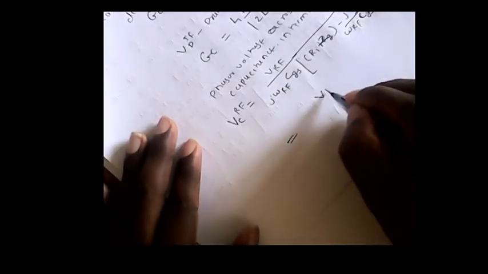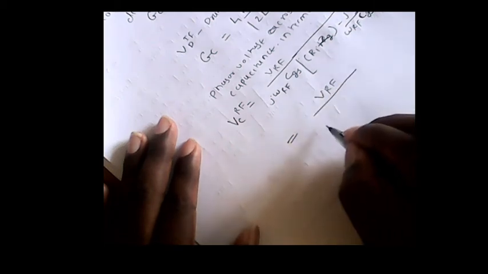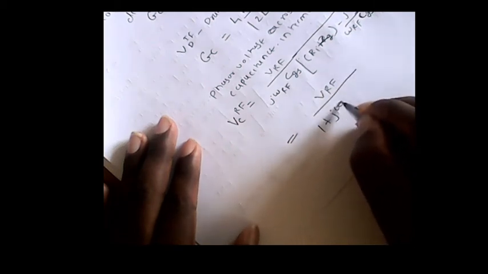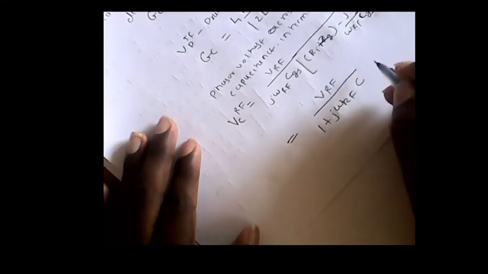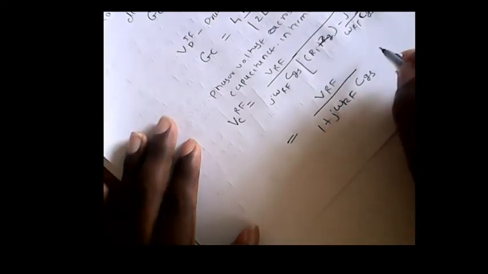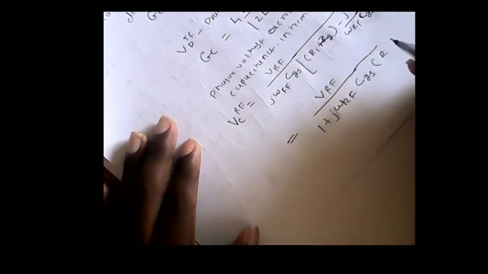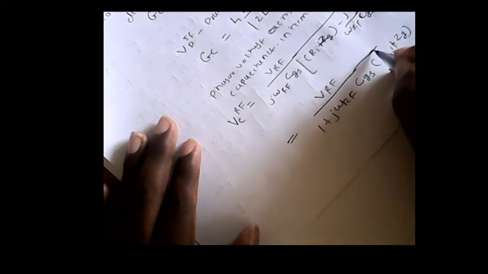which is equivalent to Vrf divided by 1 plus j omega, the angular frequency at radio frequency, times the capacitor between gate to source, Ri plus Zj. So this is equation number 4, which gives the voltage across the gate to source in terms of the capacitor. By multiplying equation 1